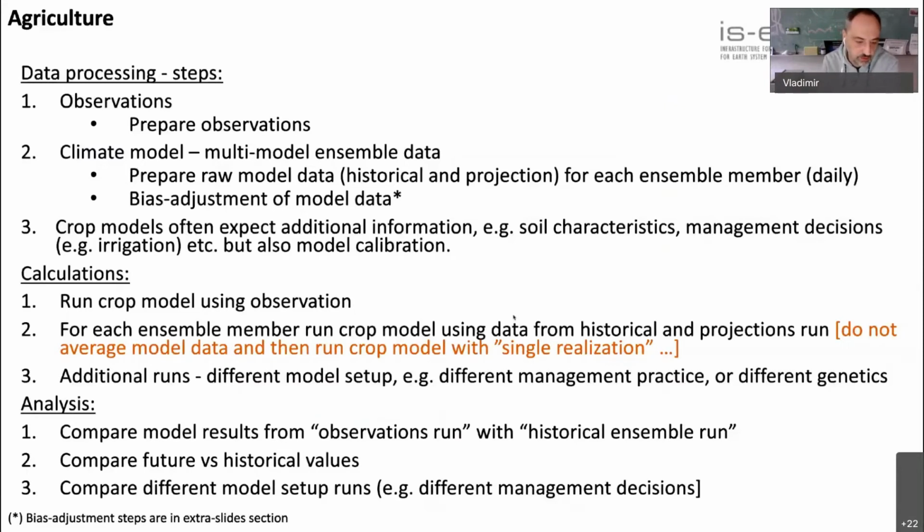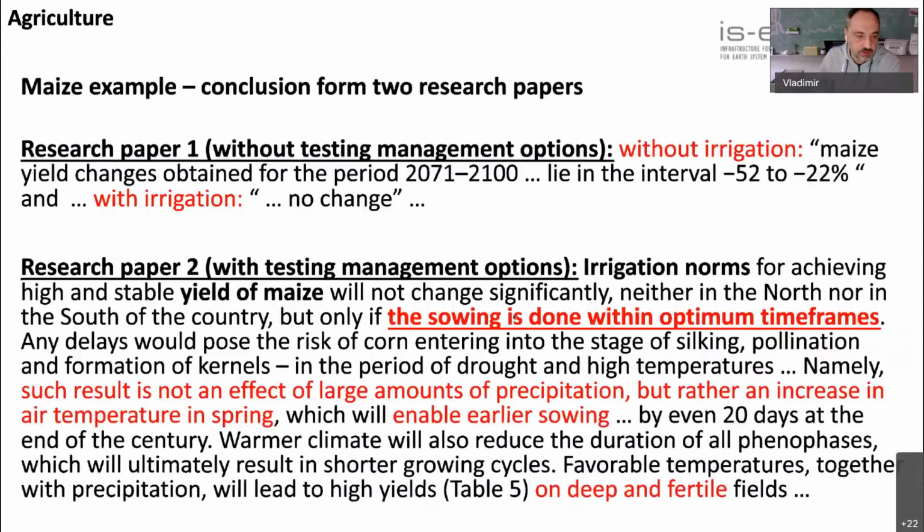And again, you should compare the future against the historical value and compare different model setups. So here you can do this kind of exercise when you make different management decisions in terms of crop production or different irrigation strategies or something like that. I will give you the example again for Serbia for the maize production here, and I will split this